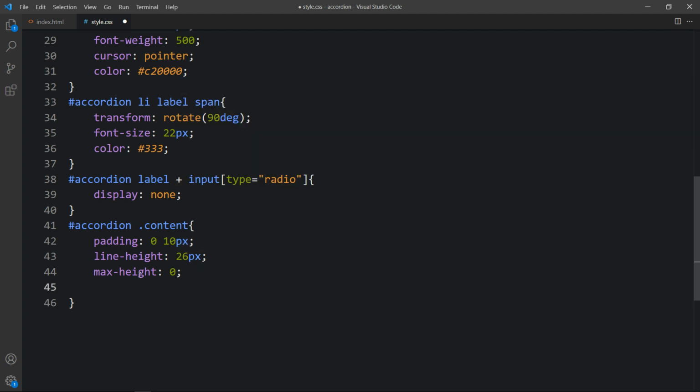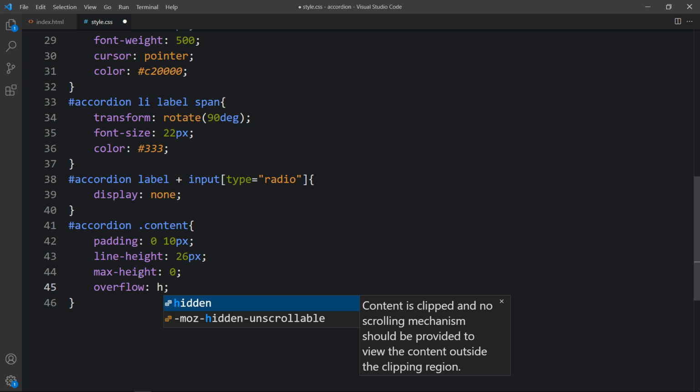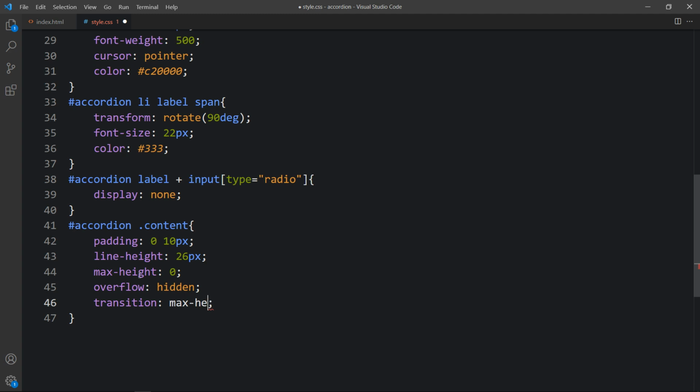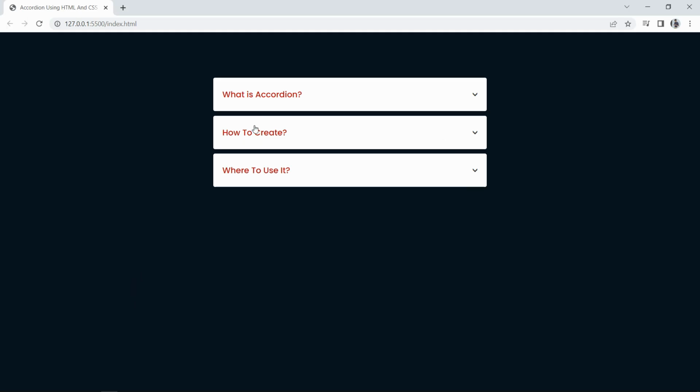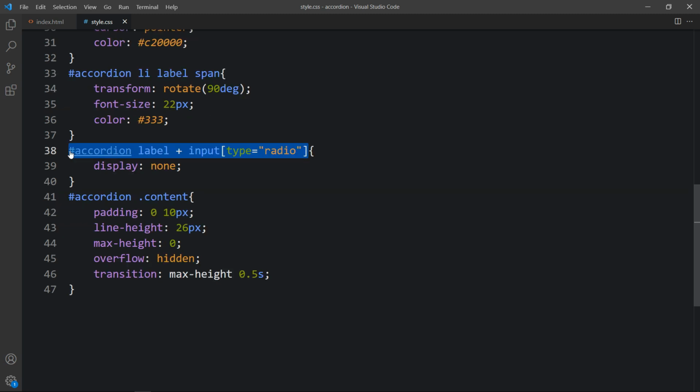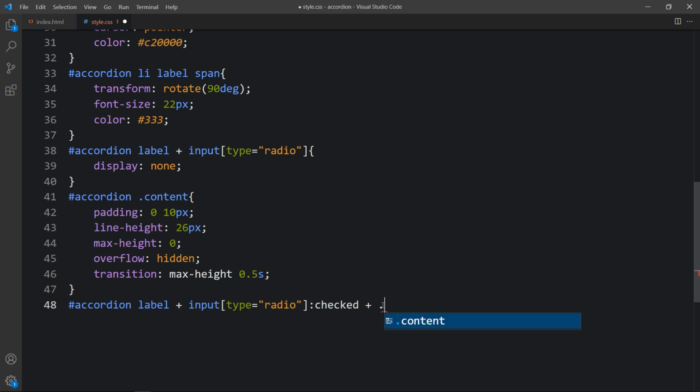Here we will add overflow hidden, and let me add the transition also. Transition max height 0.5 seconds, like this. After that you can see all the descriptions are hidden, but we have to display the first description. So let's come back, and here we will add this one. After that we will add checked. So if the radio buttons are checked, then we have to display the content. So here we will add plus dot content,